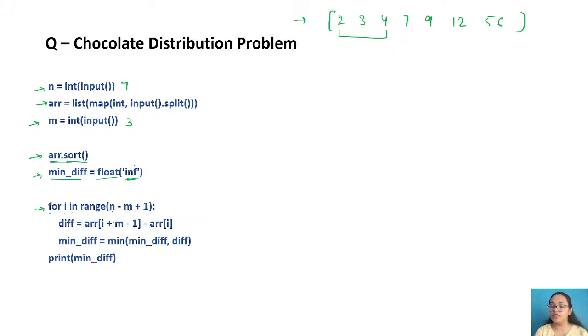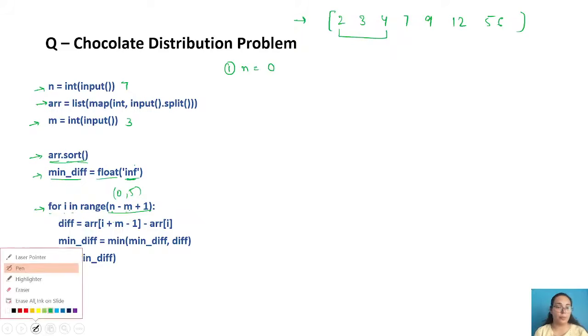It means there could be only 5 windows if we are traversing this particular array using a window size of 3. There could be only 5 loops that we can do, right? And we get this using n minus m plus 1. Now you have to make it range from 0 to 5, right? So let's have our first loop over here where i is equal to 0.